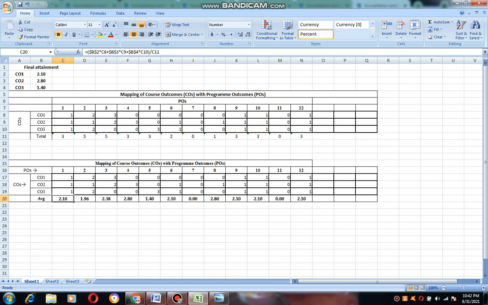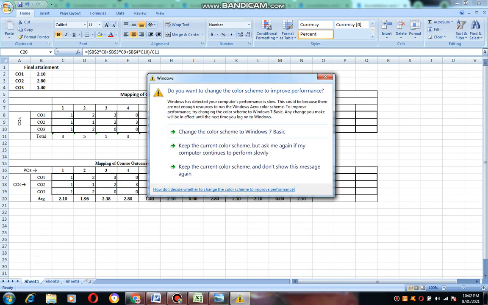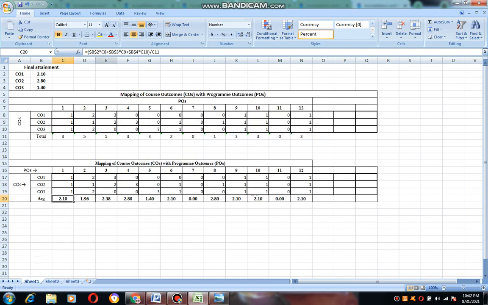Let us see this formula, that is $B2, that is the 2.10 value, B2 here. Okay, and next what we are getting into is C8. C8 is the value of the first CO value. And again coming to B2, B3 for the next one, C9, and again like this the next one is B4, B4 with C10. This is the C10 value here.